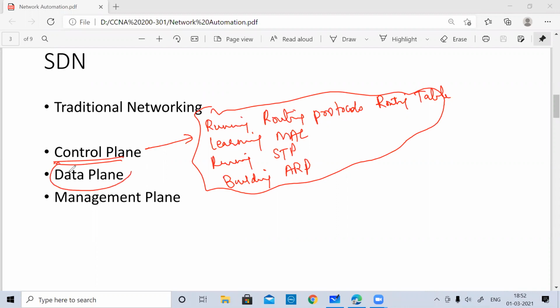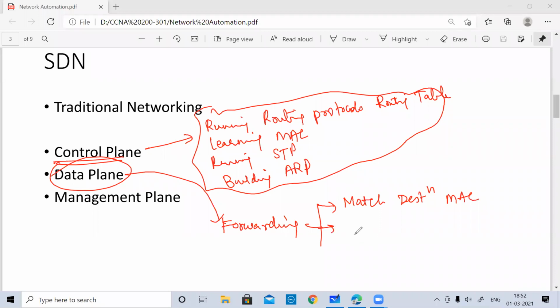The data plane is going to help you do the forwarding. This is a simple keyword to say, but it has a lot of other stuff, like you need to check whether it matches the specific destination IP, destination MAC. So all kind of matching, whether to drop or whether to forward. All kind of matching the destination address, encapsulation. You have to encapsulate it, you have to decapsulate it, all this kind of work which was done. And then to take the forwarding decision.